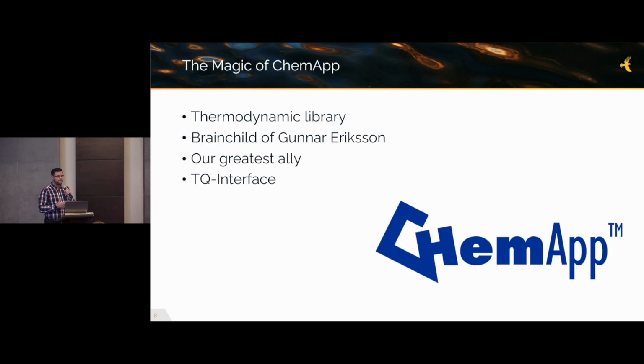A little bit about ChemApp. It's a thermodynamic library, and it's the brainchild of Gunnar Eriksson. It is developed by GTT Technologies in Germany, and it has become one of our greatest allies in understanding or gaining more understanding into pyrometallurgical processes. But the power of ChemApp is locked away behind something called